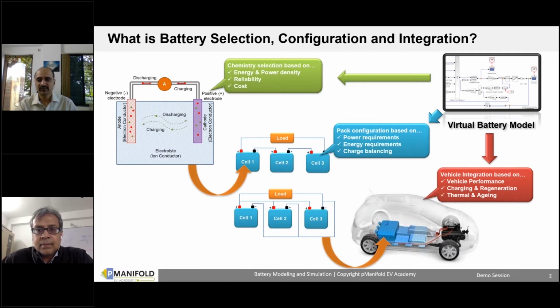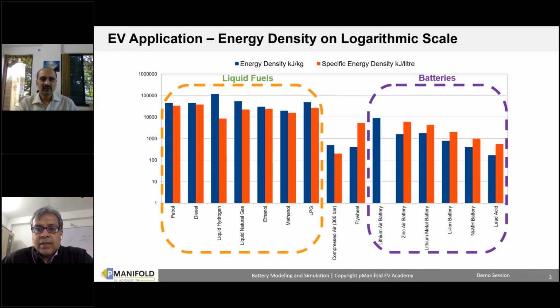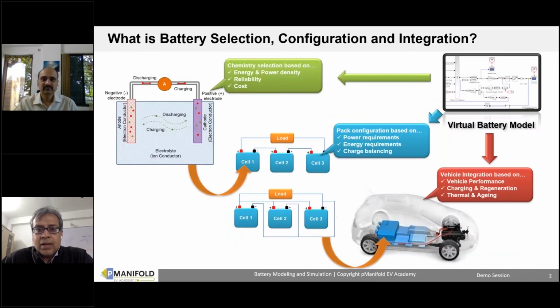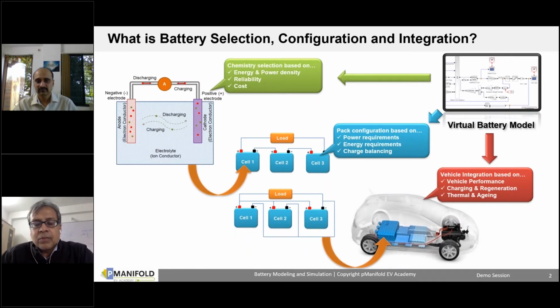So Vikrant, in your earlier slide, if I have to just summarize for the benefit of participants, there are some questions. Taking an example, like for example, there is a three-wheeler, right?